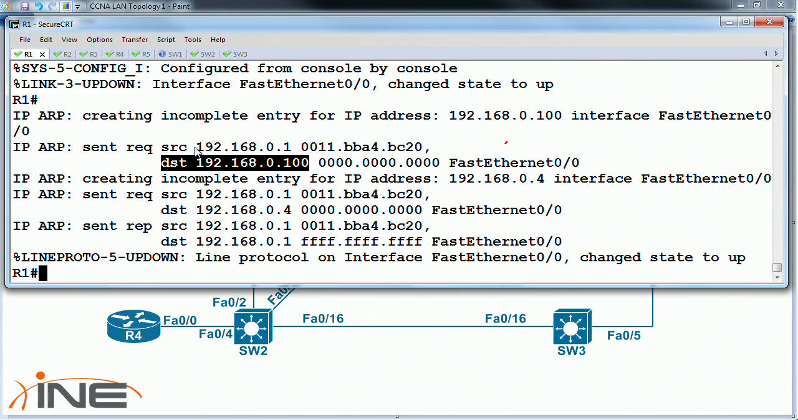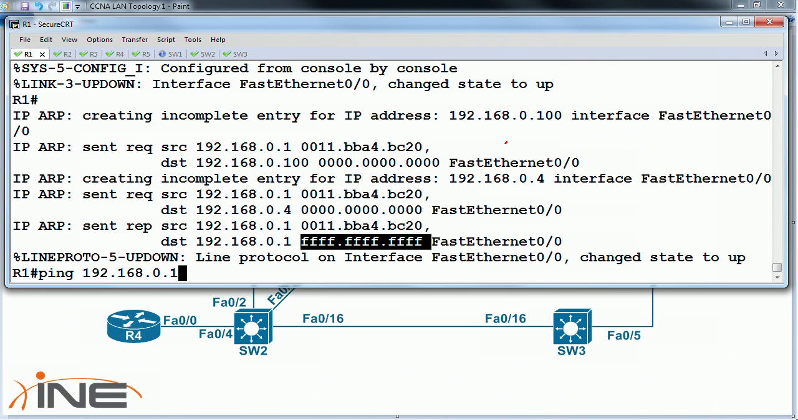It says my packet is coming from 192.168.0.1. This is my layer 3 source address. My layer 2 source address is my MAC address. The layer 3 destination is 192.168.0.100, but I don't yet know their MAC address. So I'm going to ask them. I'm going to send this to all Fs. If we send the ping again, ping 192.168.0.100,